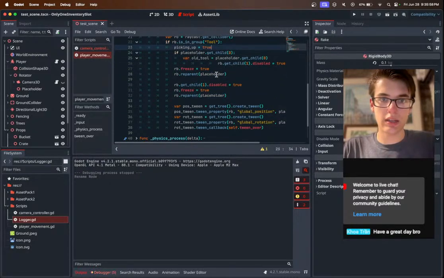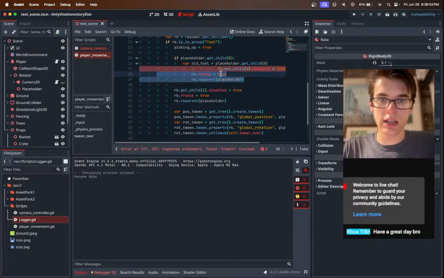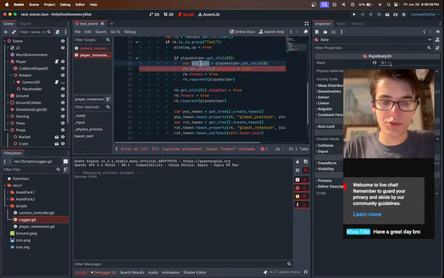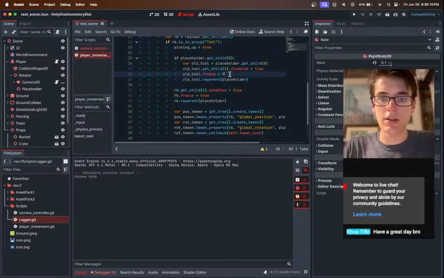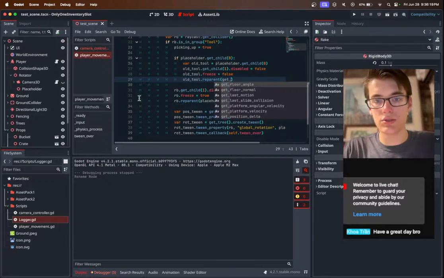We should also put picking up equals true to be the first line still, just for safety, so we still can't accidentally call this twice. Okay, so old tool. We're gonna undo these things. So freeze on the old tool is gonna be false, disable on the old tool is gonna be false, and instead of reparenting it to the placeholder, we're gonna reparent it to